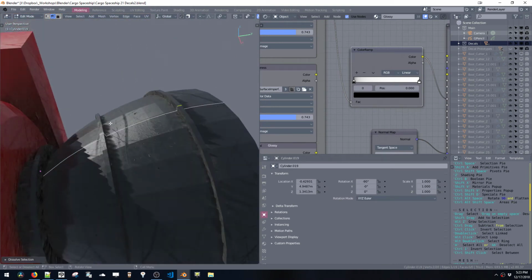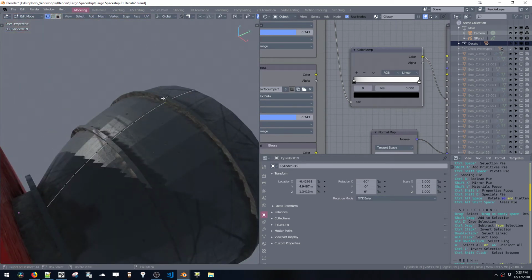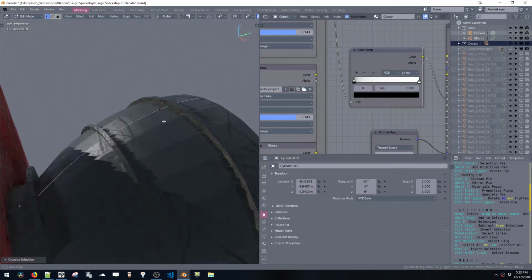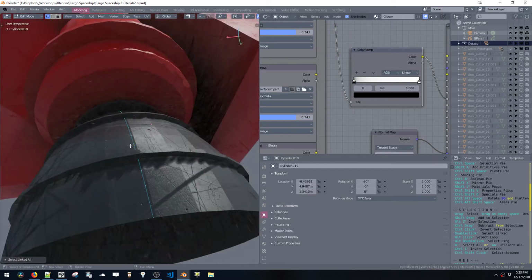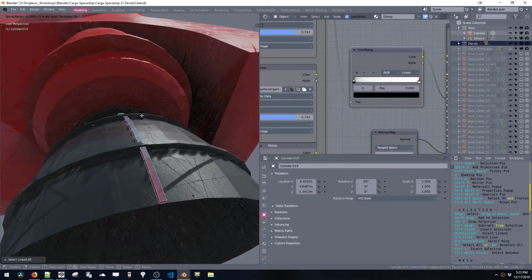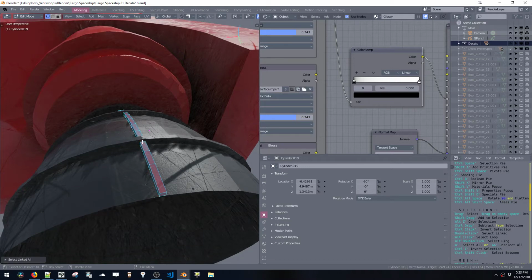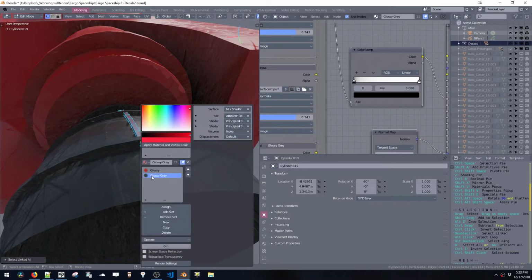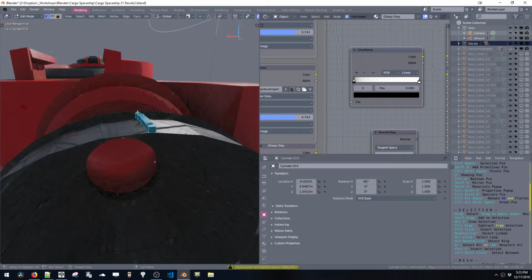And maybe I'll get rid of these two, and also these two with Control X. So we have a straight line, and then I could extrude and extrude. Okay, and then let's put this on gray. And to make it